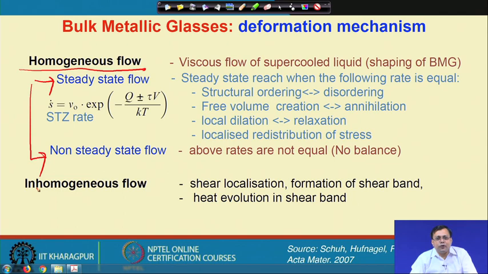So, why is it important? If the temperature is very close to the glass transition temperature, near Tg, it will help in shaping the bulk metallic glasses, like conventional oxide glasses or window glasses. If we can blow a glass, then we can make different types of shapes like a bottle. So, for a bottle making process, if you visit a glass blowing shop, then you will see